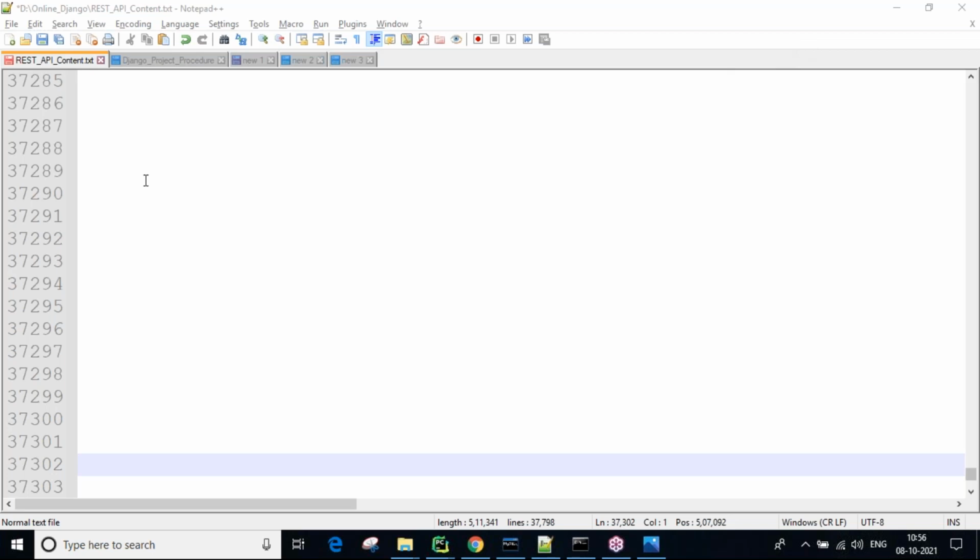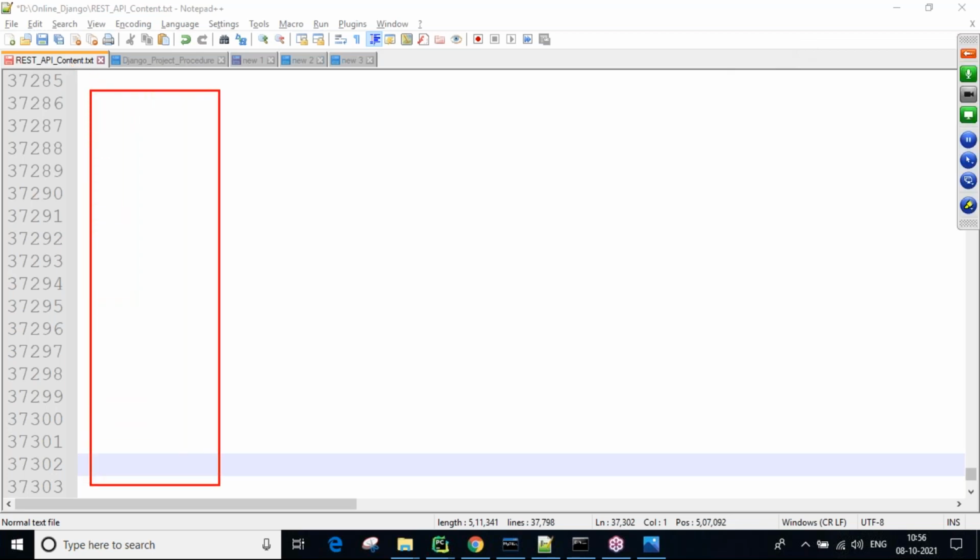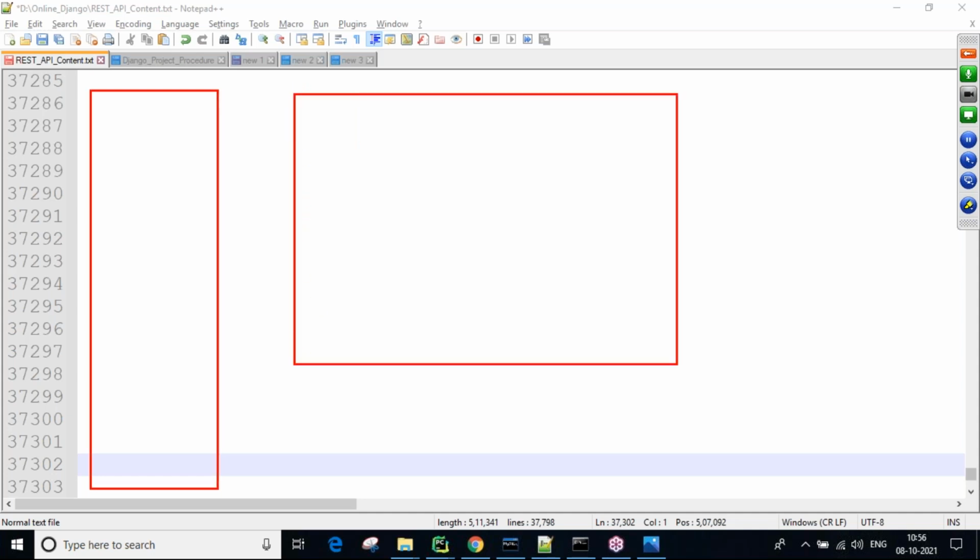Now you can see, guys. First, assume this is a browser, and this one is a Django project.